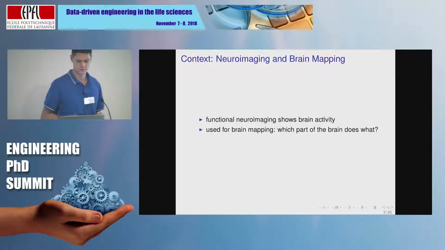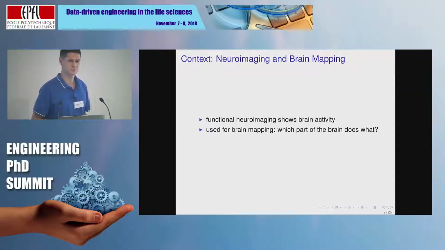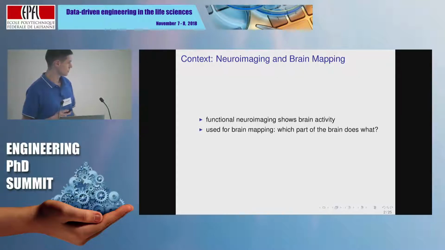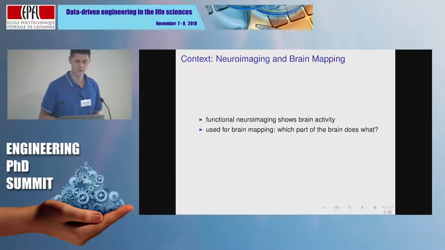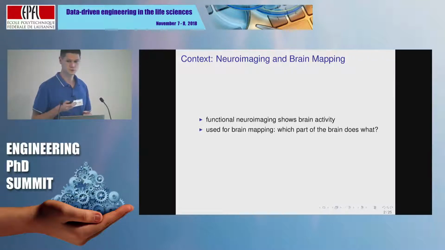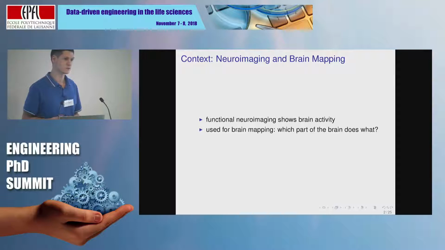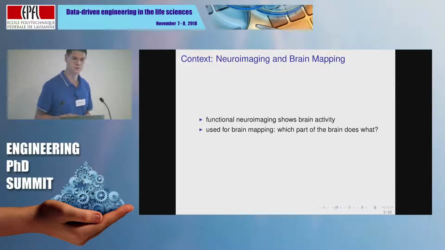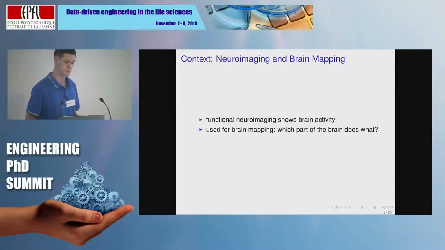So I'm not going to introduce neuroimaging because we've heard a lot about it today. The data that we use in my work is mostly journal articles based on fMRI studies, functional MRI studies. So these tools are used to measure the activity of the brain, and it enables researchers in cognitive science to study how the brain implements certain mental functions, like retrieving a memory or recognizing an object, or to study how pathologies affect the functional organization of the brain.